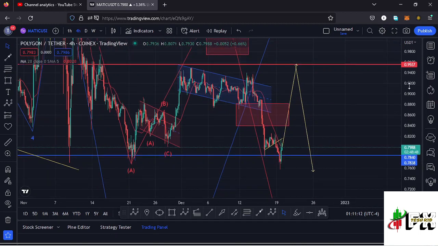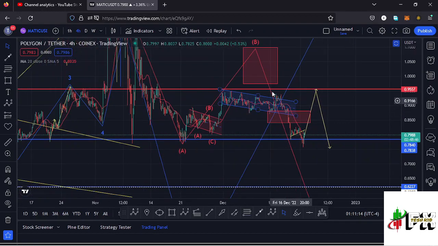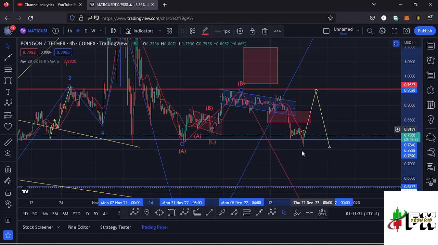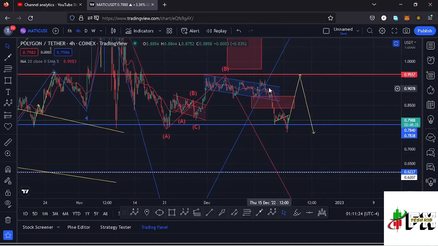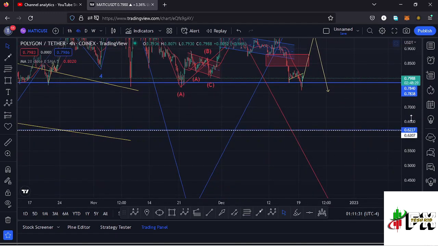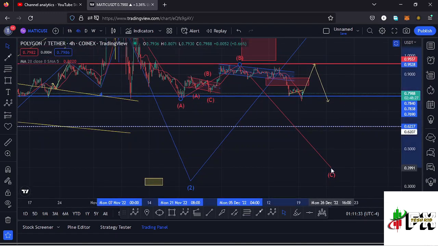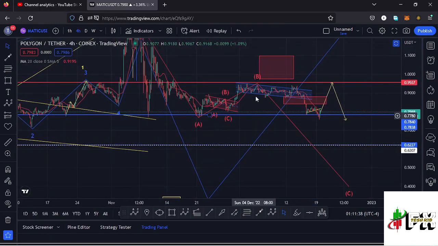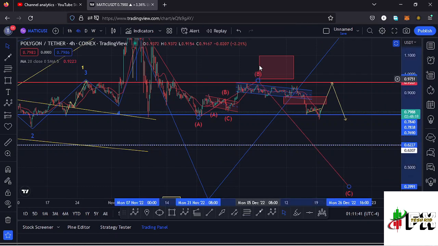making it to the area at around the $0.78 mark. And that gives me a possible scenario that maybe we made our high in the formation of this wave B at around the $0.94 mark, and that's why we are seeing this movement to the lower side, which as the chart continues to unfold might turn out to be impulsive, and the formation might be the formation of this wave C to the lower side to fully maximize the formation of that higher Elliott wave count 2 to the lower side. So that is the first possible way of having that ABC corrective structure,